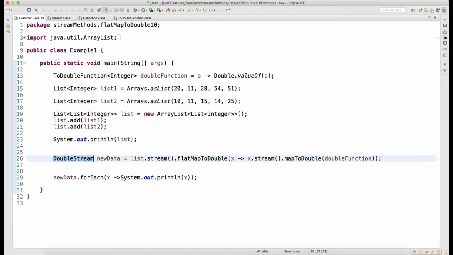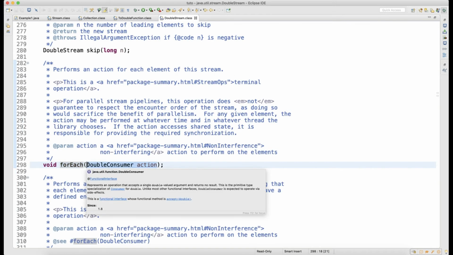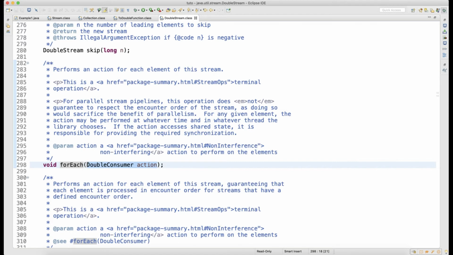So since it is a double stream, I can call a forEach method, right? Because now it has become a stream. Once it is a stream, I can use all the methods of the stream. So I can call a forEach loop, and if you look at it, it takes only a double consumer. Since it is double data, it will take a double consumer.